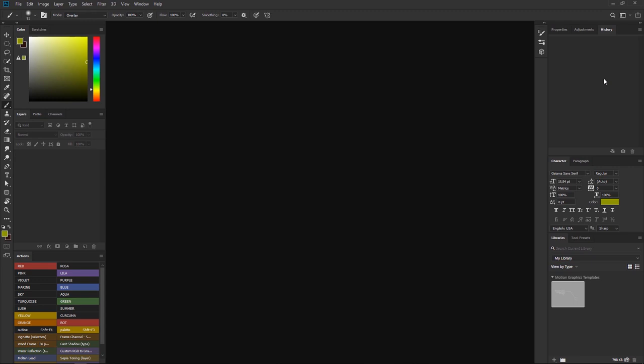In this class we're going to make our own custom brush, and I think it's special in a way that we basically all use the same Photoshop. I mean, despite it being different versions, we literally have the same tools, and the only way to really customize your interface or your workflow is to actually create custom brushes, because these are completely unique